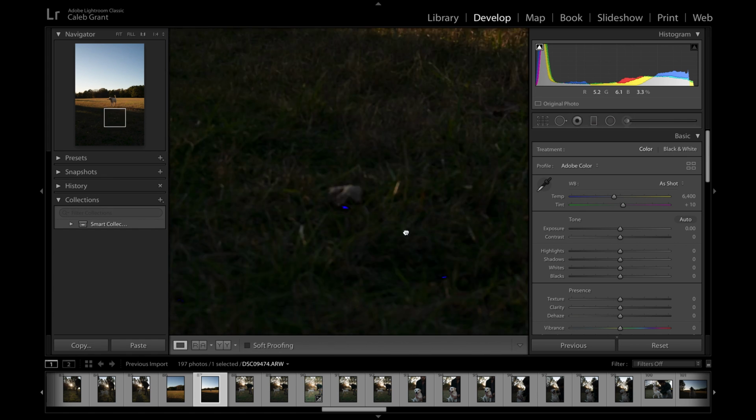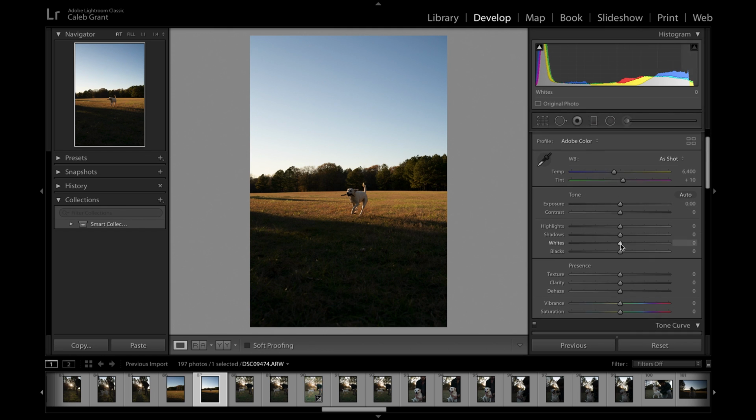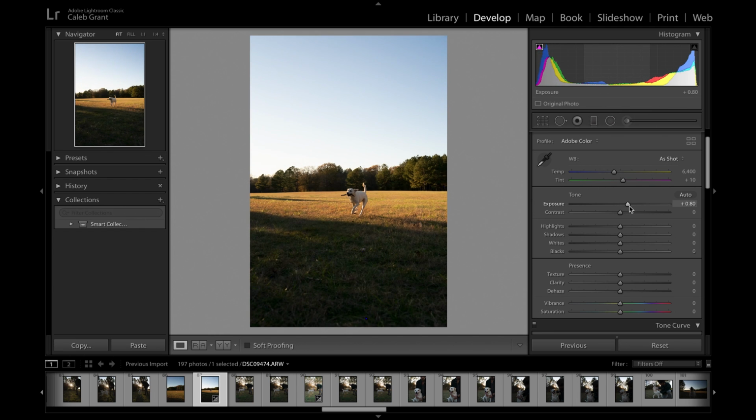clipping. And so now what we're going to do, if you look up here, this is our blacks. So we can just go down to the blacks tab and raise that if we really wanted to, and that should fix the problem. It's no longer clipping, right? But another thing you can do is just raise your exposure, and that'll take away